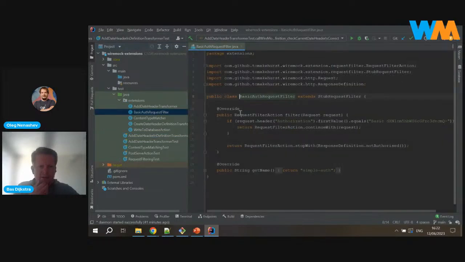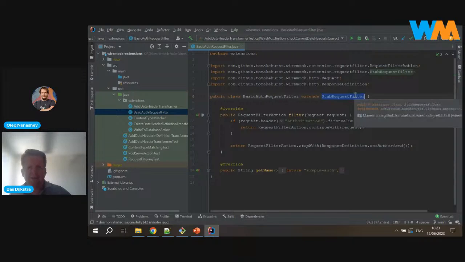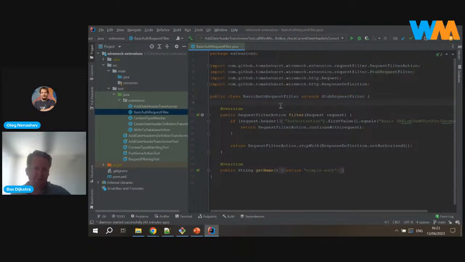The request filter extension that I built looks like this. As I saw on the slides as well, I wrote a basic authentication request filter, and I tell WireMock that this is a request filter by making it a child class of the stub request filter class. This is a class that's built into WireMock. This is my own basic authentication request filter.